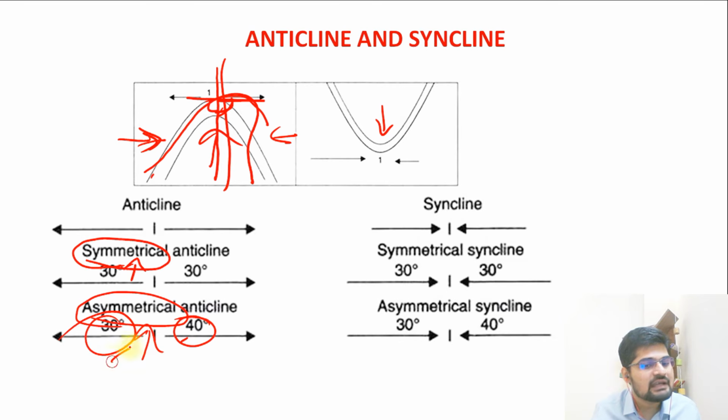So this angle is variant in the asymmetrical type. In syncline as well, it can be symmetrical or asymmetrical, and anticline as well, it can be symmetrical and asymmetrical. But for your information, remember, most of the folds exposed on the Earth's surface are largely asymmetrical, because over the millions of years of this evolutionary history of the plate movements, there have been numerous times a fold has been refolded. So what we find is mostly an asymmetrical anticline or syncline fold, but there are certain examples where we can find the symmetry as well.